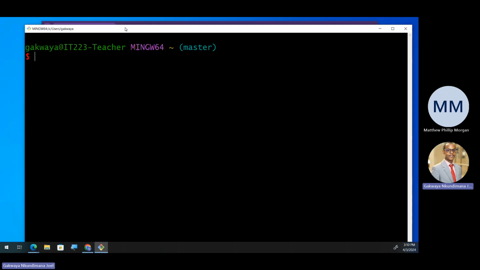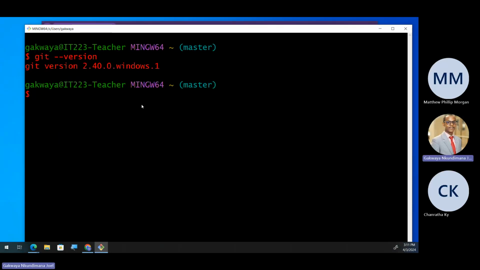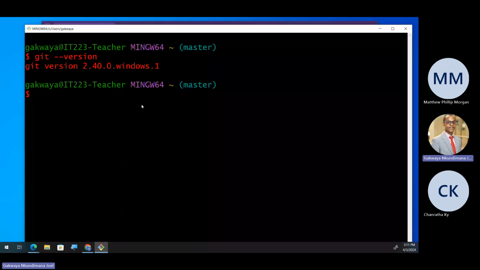So your terminal will be open. When the terminal is open, then you can type git, let's say version, right? You check the version, and you find that you have a version. Just to recap what we have seen in a previous class, and also to recap, let me once again